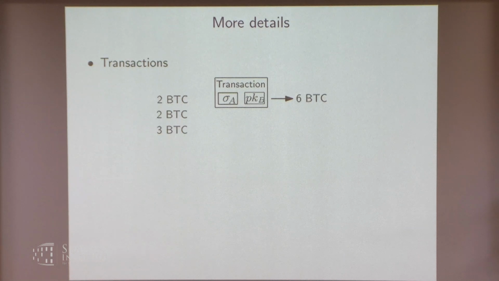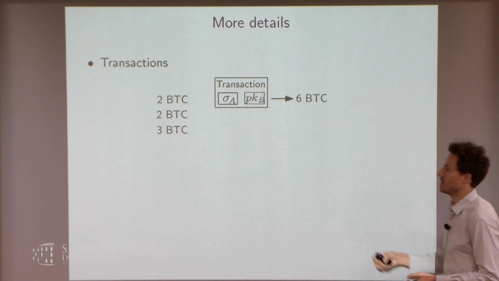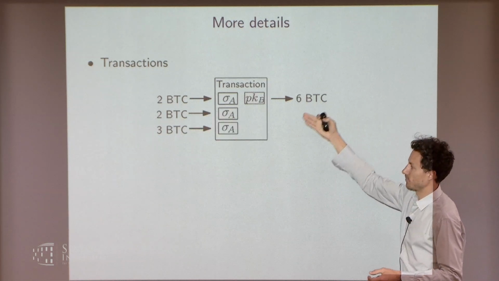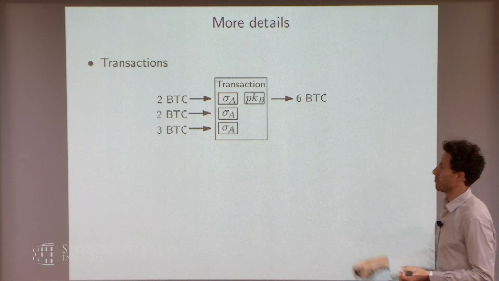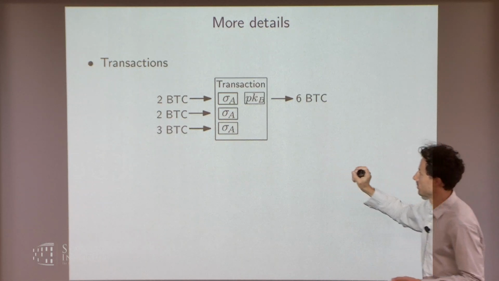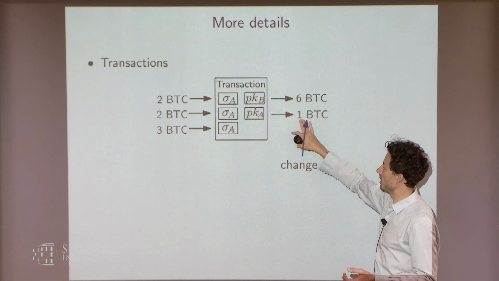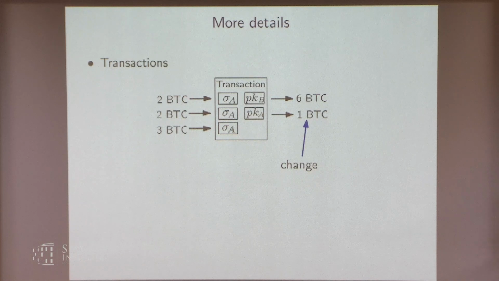If Alice doesn't have a 6 Bitcoin bill, but only two Bitcoin coins and one 3 Bitcoin coin, what does she do? Well, she does it like with physical cash. She will give all of this to Bob. This is possible because transactions can have multiple inputs. And luckily, they can also have multiple outputs, because otherwise she would have overpaid Bob. So she can send the remaining Bitcoin back to her own address, and this would be the change that she takes from this transfer.